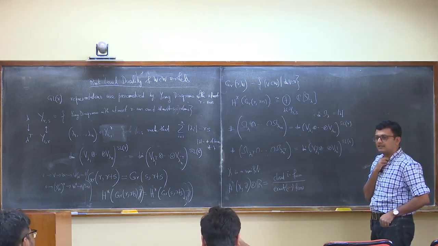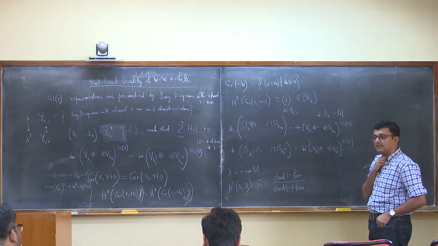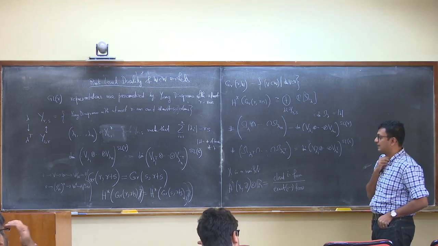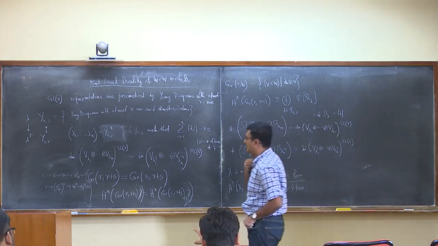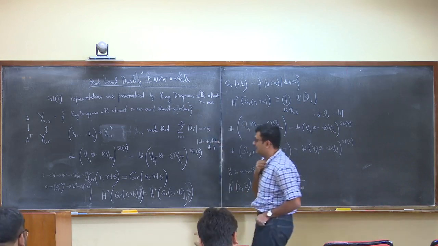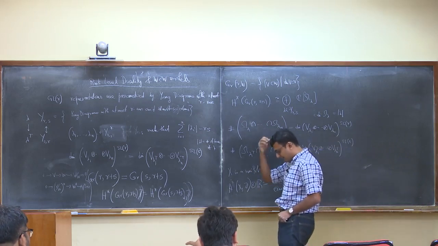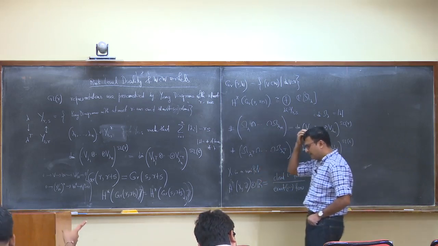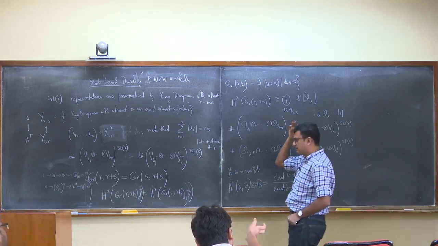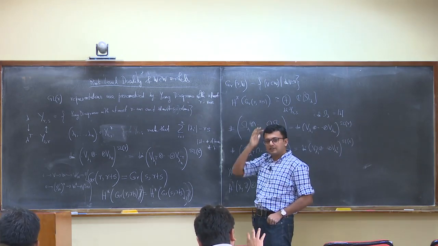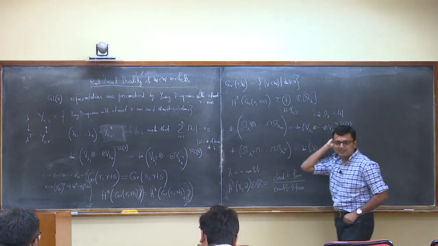So H star is supposed to be the direct sum of all these differential forms. What about the manifold? Is it simply connected? I don't know the structure of this manifold. This Grassmannian manifold is connected. Is it simply connected? Yes, it is simply connected, because there are only cells in even dimension. So it's a simply connected manifold.